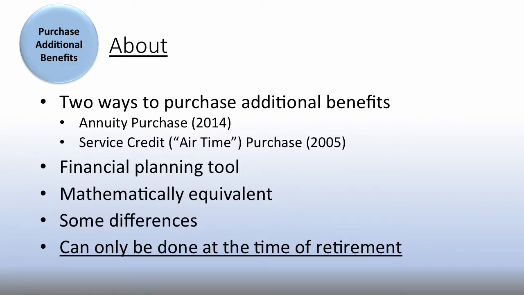The reason these are better, because you can go out through your deferred comp plan, you can buy an annuity through them. But here's the difference. This annuity out of the pension fund is going to be a better deal. And the reason is when you're dealing with MetLife or one of these other companies, they've got marketing expenses, they have administrative expenses, they have profit concerns. That means you're going to get less for your money. We don't have any of that concern. We're not making money off this. We're not trying to make money off this. These are cost neutral to the plan itself. We're just trying to give you a tool. So you're going to get more for your dollar.